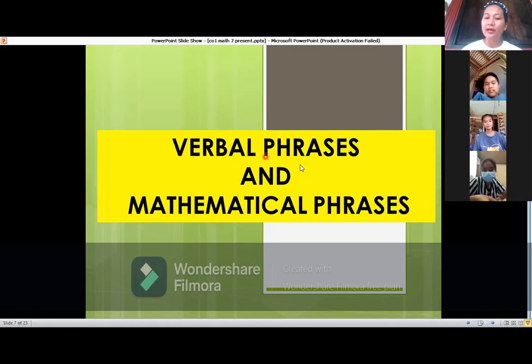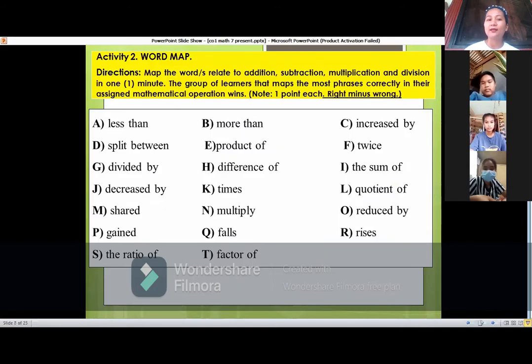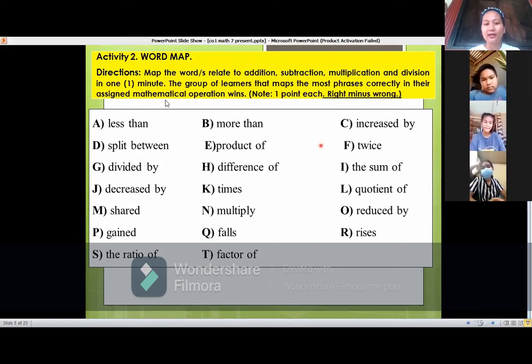Ano ba ang pinagkaiba ng verbal doon sa mathematical? Ano ba ang ginagamit ng verbal at ano ang ginagamit ng mathematical phrase? So, dapat yun ang mapag-aralan natin ngayon. Okay. So, we have here an activity entitled Word Map. Kaya ang gagawin na lang natin dito sa activity natin na Word Map,